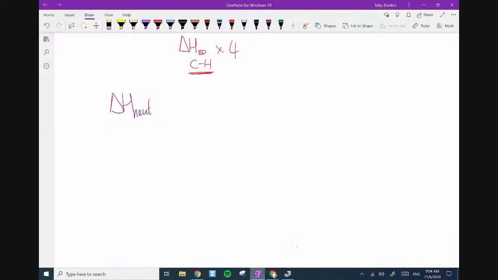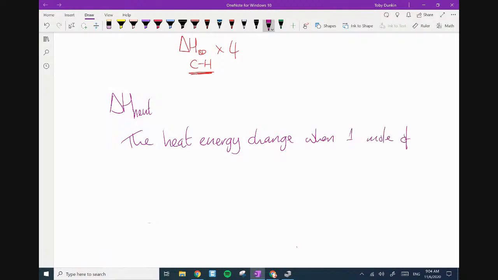So, the enthalpy change when 1 mole of the heat energy change, when 1 mole of water is formed, when